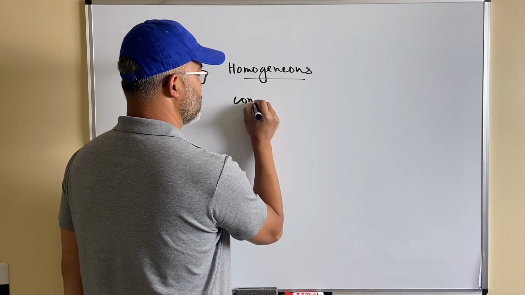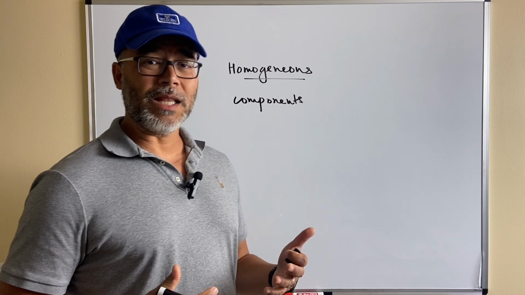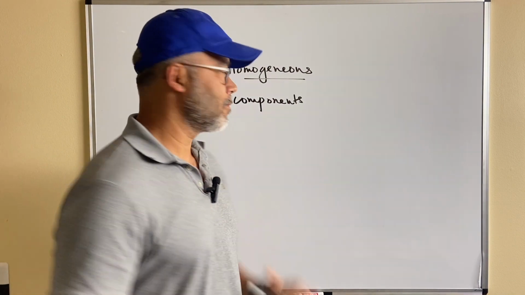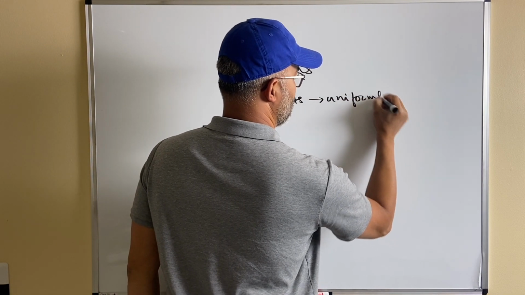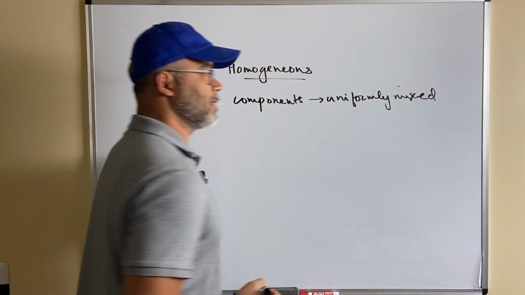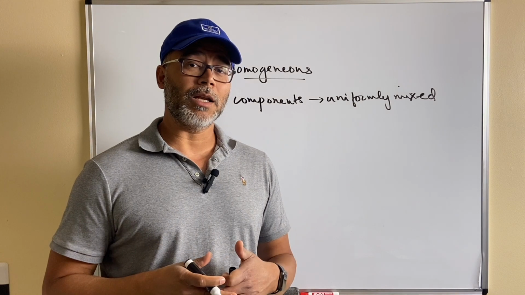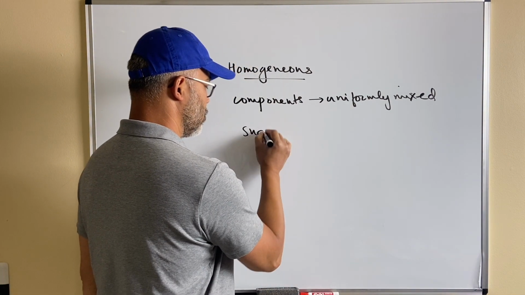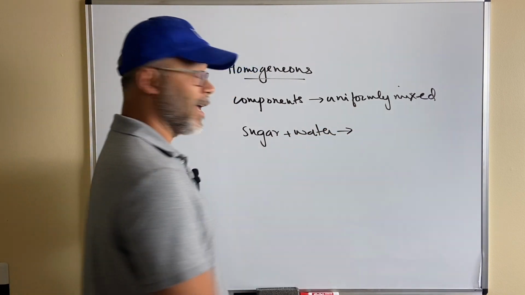The components are mixed together so that the whole solution looks the same. So it's uniform, uniformly mixed. Now it's not just about uniform mixing, but it's about when the components are mixed, you can't distinguish the components from each other. So for example, if you take sugar, you add it to water, at the very beginning, you